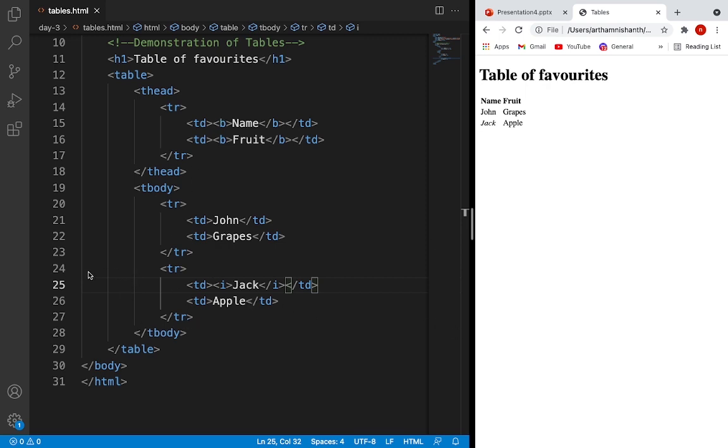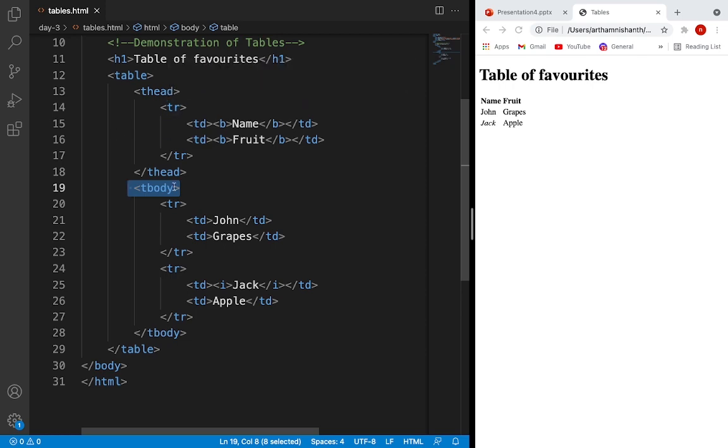And you can also create a table without using table head and table body. Even if you remove these elements, you'll still get a table. The only three main things needed to create a table are a table tag, a table row tag and a table data tag. So these three are the main usage. The table will basically be created, so the rest is not needed. Table row mentions the row in which the data is present, and table data is the cells present in the table. So even if you didn't mention the table head and table body, you will get the same output,